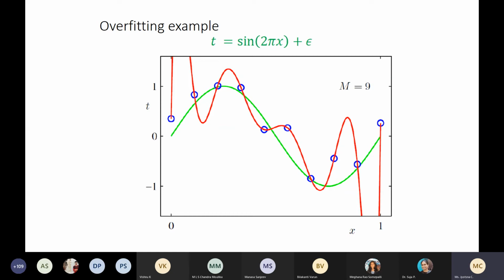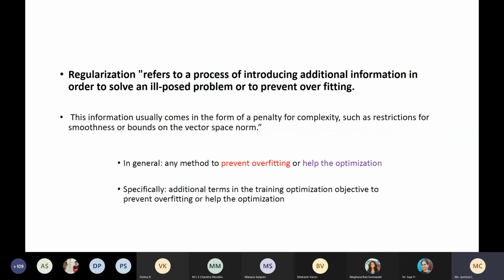So if the same thing is asked, they will be able to perform. But if it is twisted and asked, they may not be able to perform. Why? Because they didn't learn anything. They were trying to memorize, to learn everything by heart. If it is exactly the same thing asked, they will be able to perform. But if we ask something out of the box, they may not be able to perform because the learning has not happened there. Only memorizing has happened. Hope you understood what overfitting is. Yes or no?